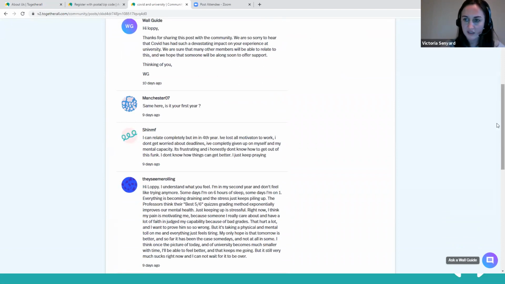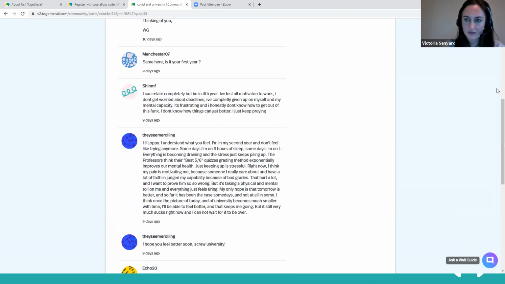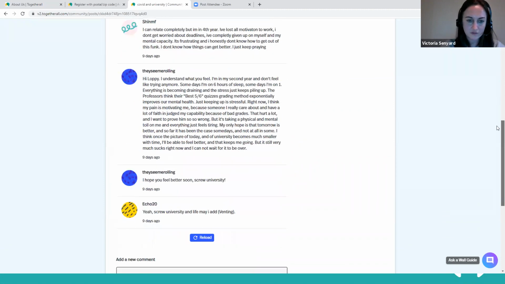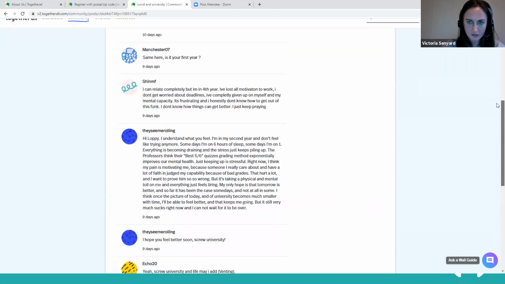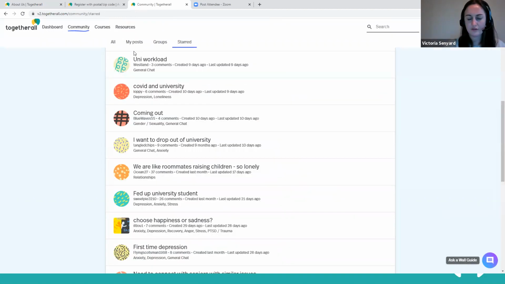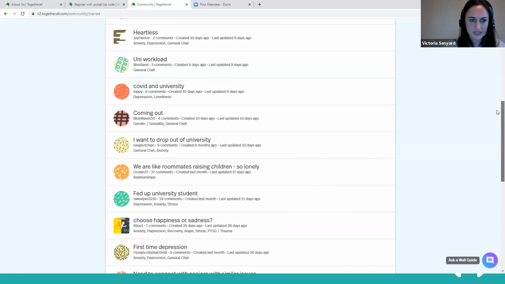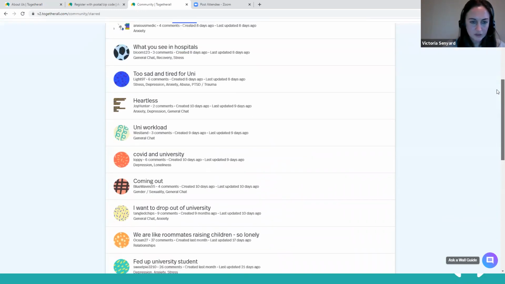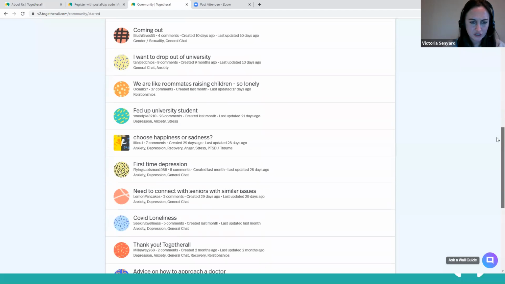I'm in my 4th year. This one's saying I'm in my 2nd year and this is my experience. Lots of different feedback. This one's a bit shorter, you can see here. So it can be as long or as short as that thread entails. One last one I wanted to show you, just to show you the spread of this,